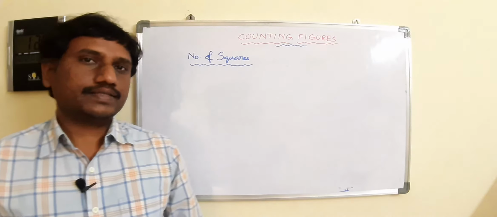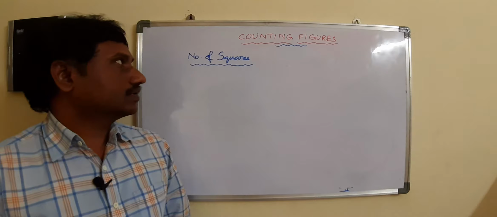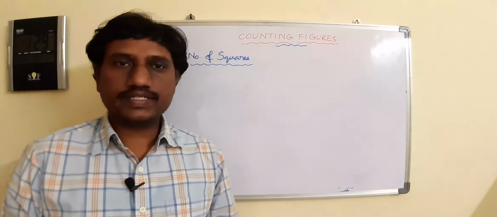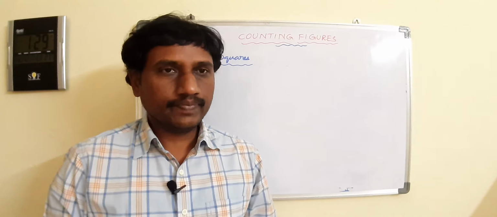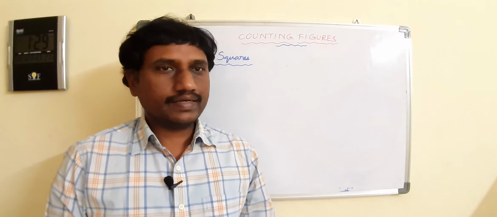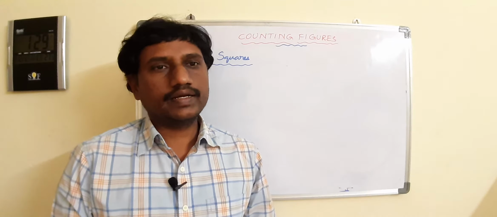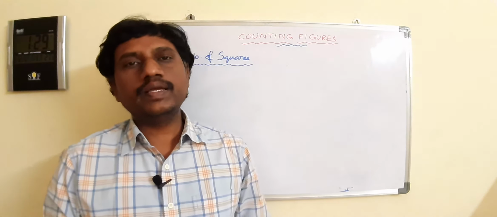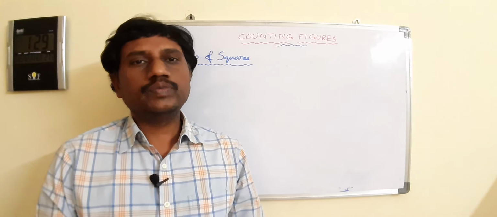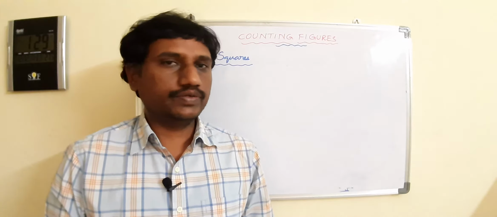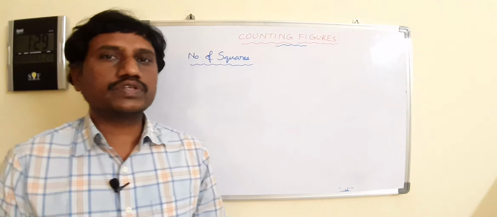Now the next concept in finding number of figures: how to count, how to find the number of squares in the given figure. That is the next concept we are going to discuss, okay? If you don't understand, you have to watch again 2 to 3 times, definitely you will get clarity. Still, if you need some more clarity, please comment, I will check it and I will do my level best for coming videos. And if you observe here, number of squares in this model, how the questions may come.